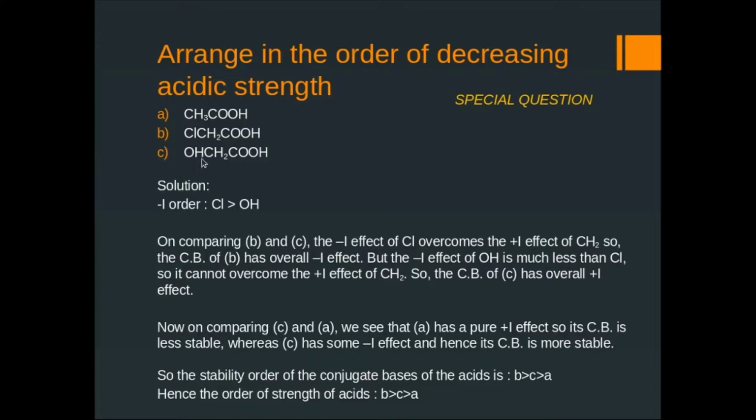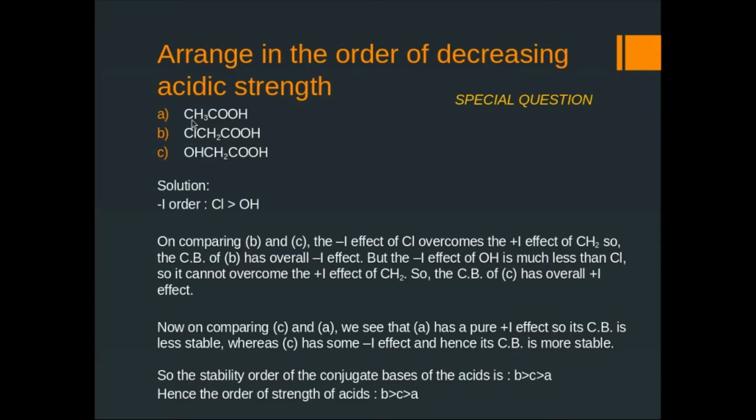As the oxygen and carbon pair has less electronegativity difference, the negative charge distribution will be less compared to chloroacetic acid, and so its acidic strength is less than chloroacetic acid. As you can see, chloroacetic acid has higher strength than lactic acid, as in the order you can see.